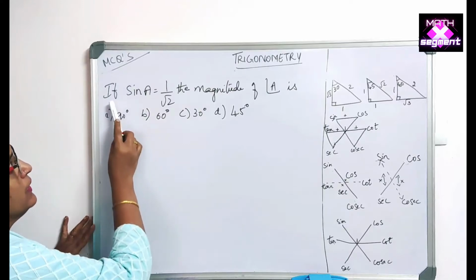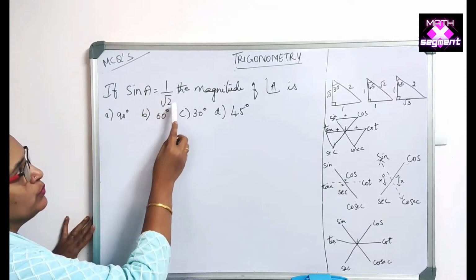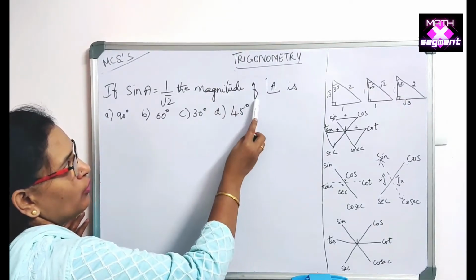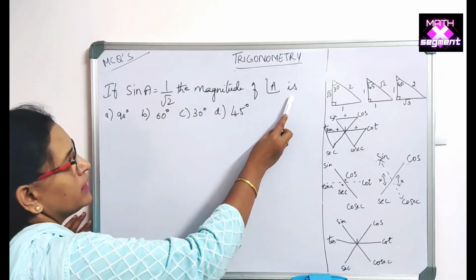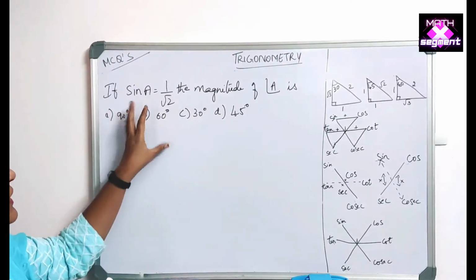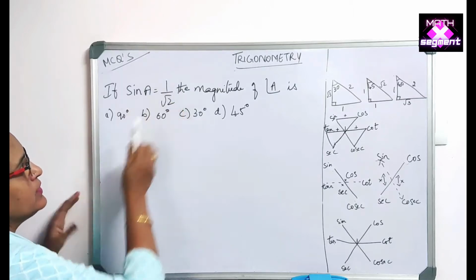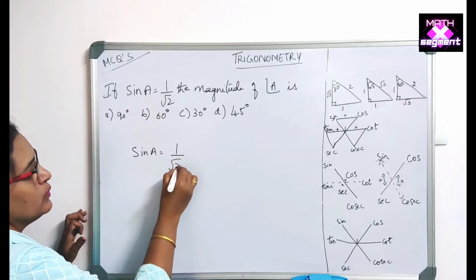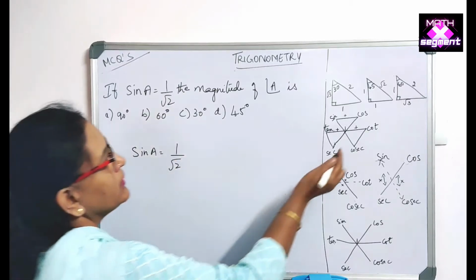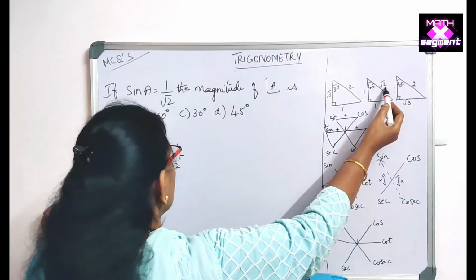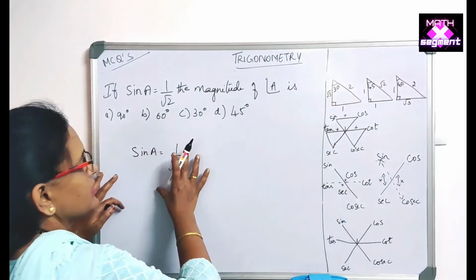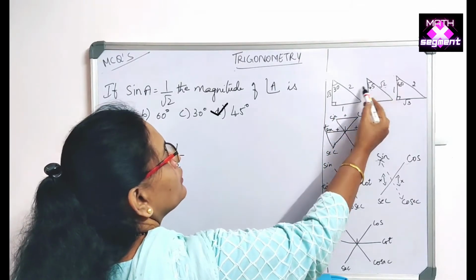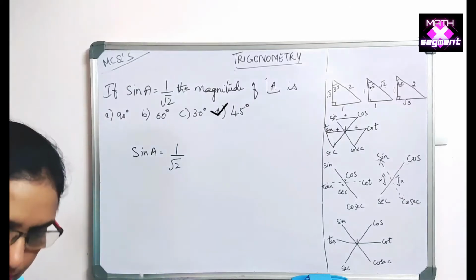Let's solve the next question. If sine A is equal to 1 by root 2, the magnitude of angle A is. That means the magnitude means the angle theta it is telling. So here you have to identify, everything is in the clue itself. See now here sine A is 1 by root 2. Let us take down the theta, that is sine theta is equal to 1 by root 2. So root 2 comes under what? Under 45 degree root 2 comes. So we can identify from this itself that this option belongs to 45, because in 45 only we have root 2. We don't have it anywhere else.